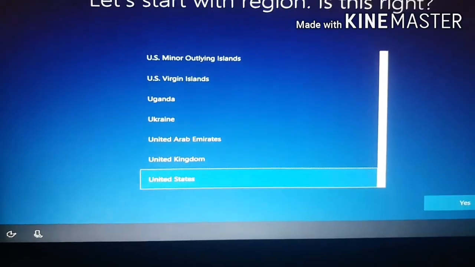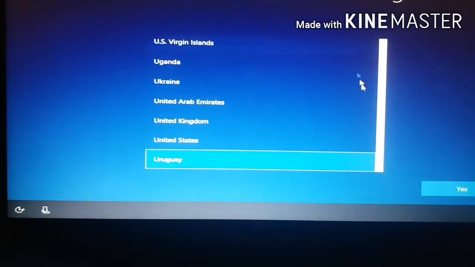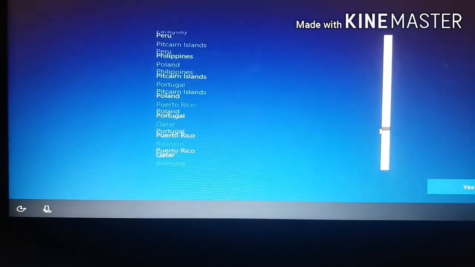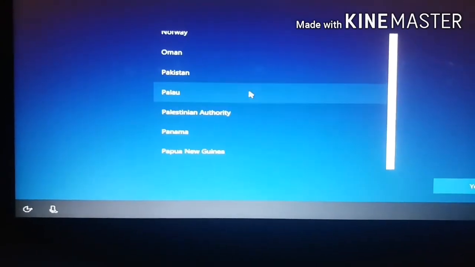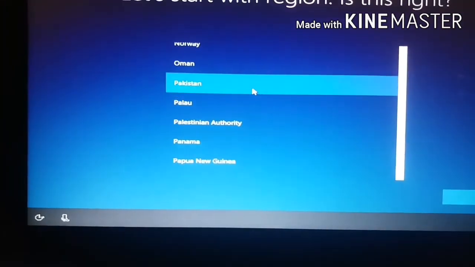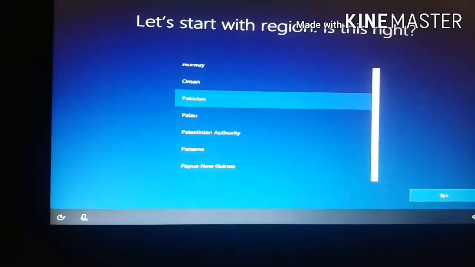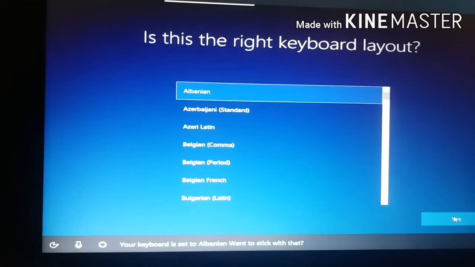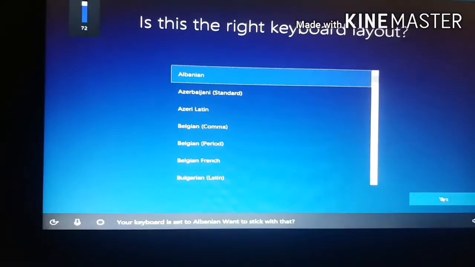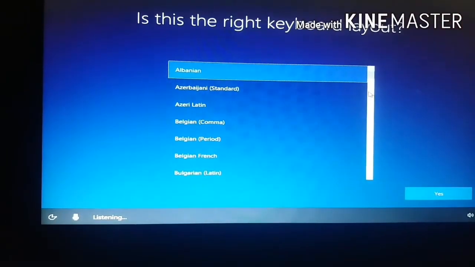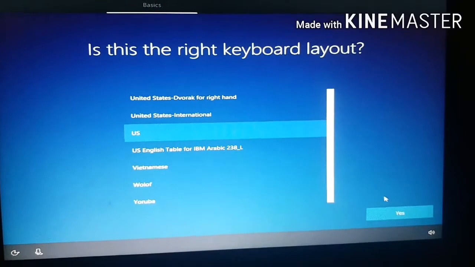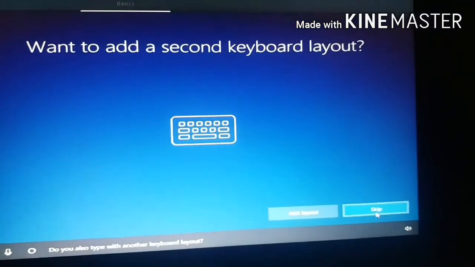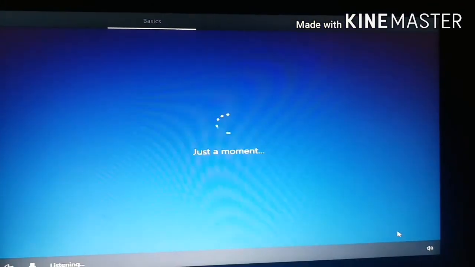And then select your region. I will select Pakistan. And then simply click on yes. And after it, select your keyboard layout. I will select US and then click on yes, and then click on skip,